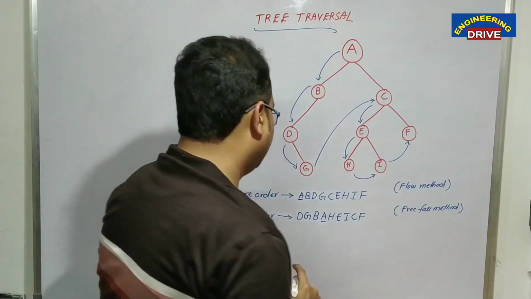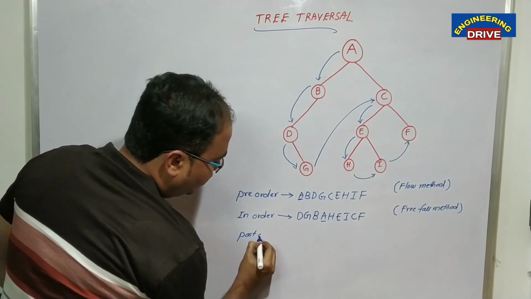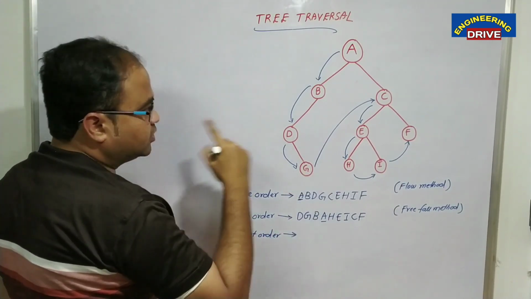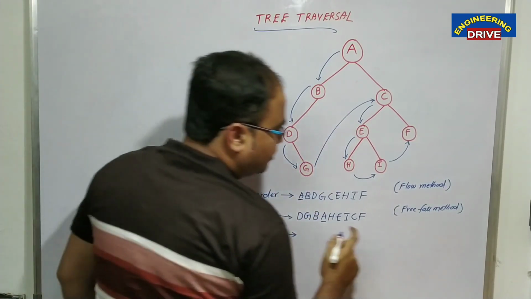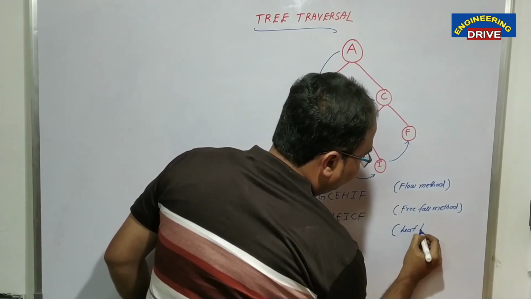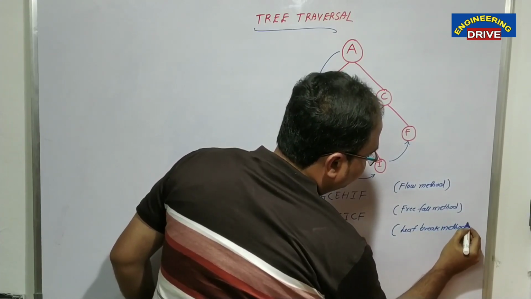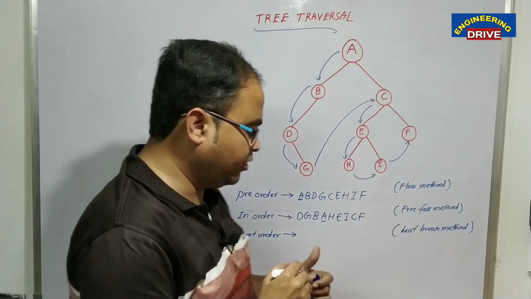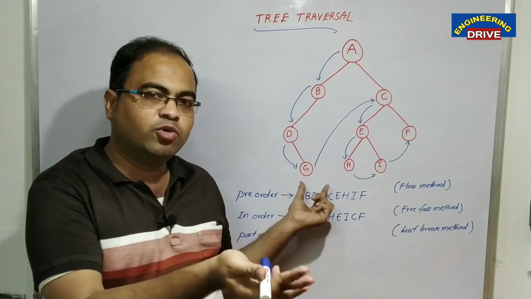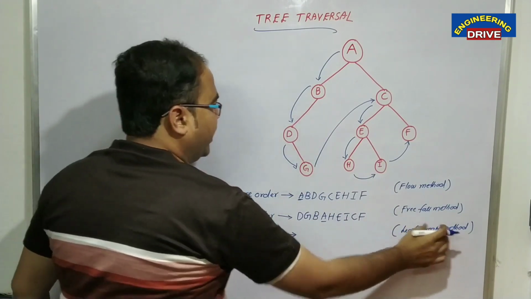Okay. And in order to find the last one, that is post-order, how can we find the post-order of this binary tree? We can make use of one method, the leaf break method. So how will this leaf break method work? In the name itself the answer is there, a shortcut. Whatever leaves are there, you write down those leaves first in post-order traversal. Simple answer: leaf break, break the leaves.